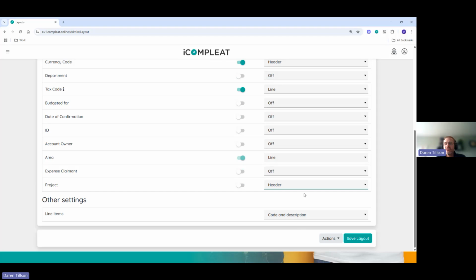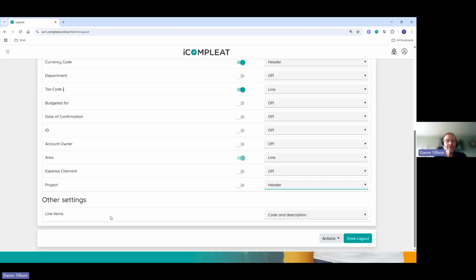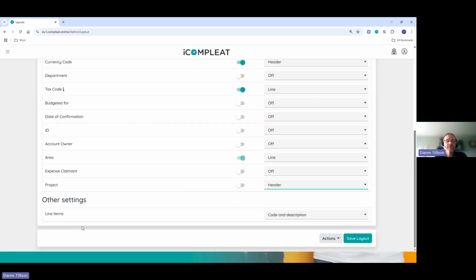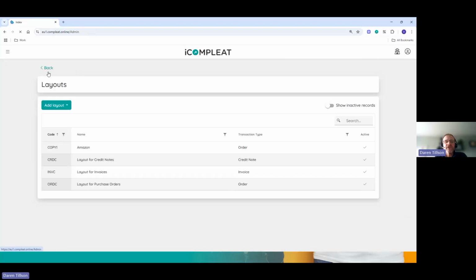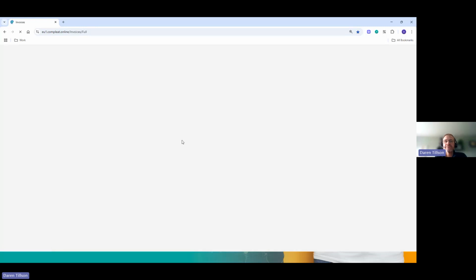Incidentally, line items, when I was saying if you aren't using the item code, this is where you can deactivate that. So that was in the configuration layouts. On the field configuration tab down at the bottom, we've got a field here where we can just change it to description. If I save layout, now what we'll find, if we go back to the invoice,